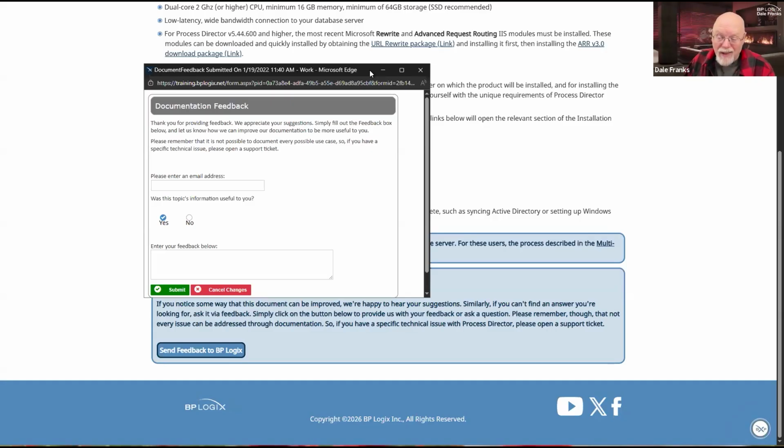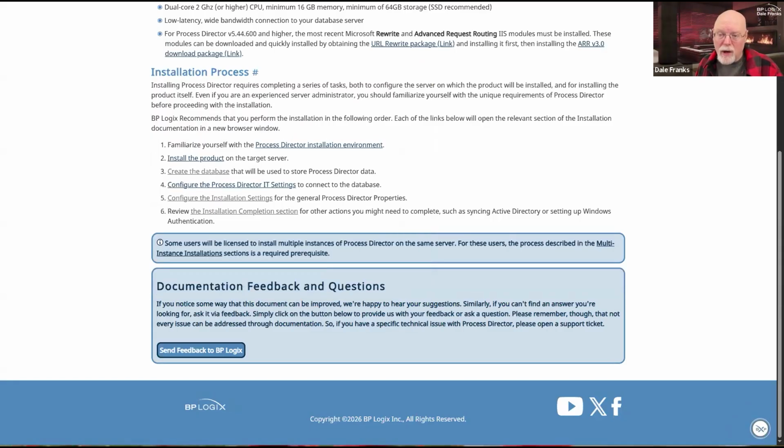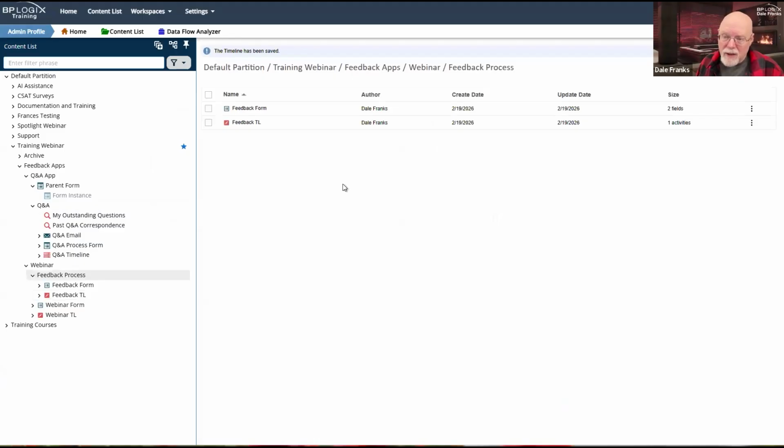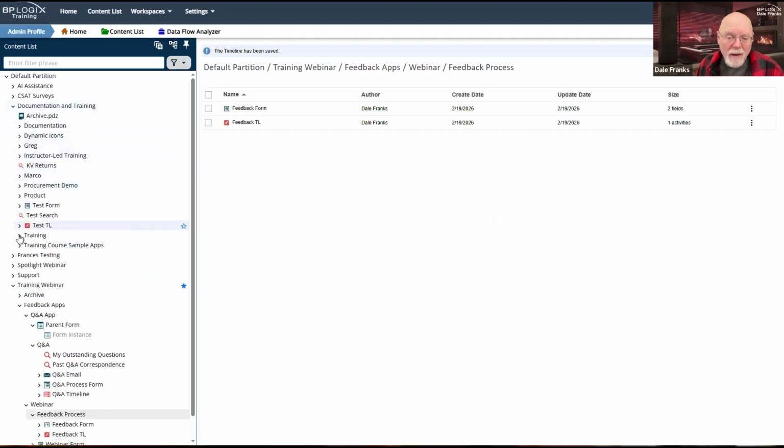And the only real link that I need is the link to the original web page where the feedback came from. And once I have that, I know where to look and I do whatever it is that I need to do. So in this case, this feedback is a simple notification in Process Director, and it doesn't do anything else. In fact, we'll just hit OK here. We'll save that.